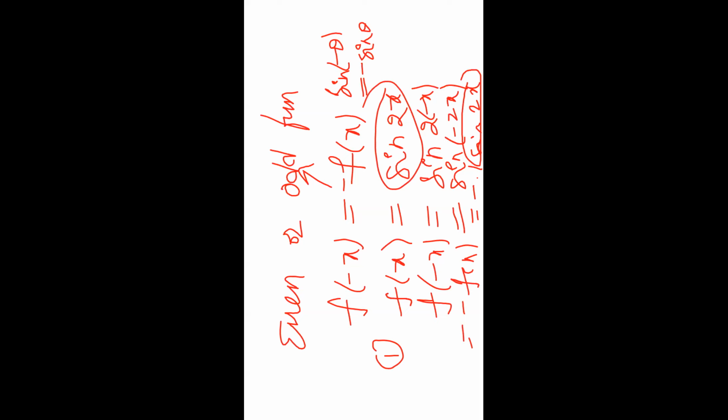So for the function f of x, we have to check whether each function is even or odd. When we check, the limits are like minus pi to pi, minus 1 to 1, minus 2 to 2. Like that, we have to decide by checking the function f of x. Okay, taking one more example. Suppose f of x equals x minus x square, or x square minus x, in the interval minus pi to pi.